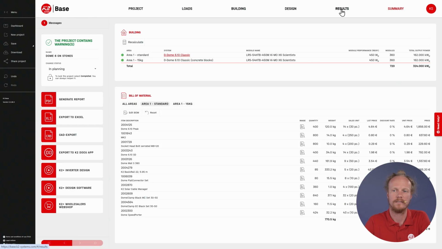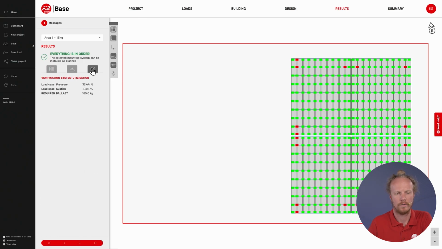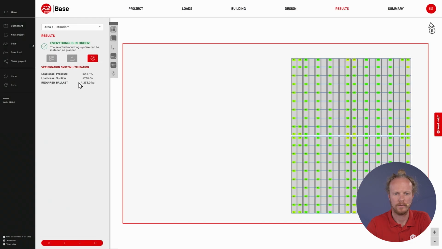The other thing to consider is the ballasting, and we can compare this on our results page. By clicking on this button here, we can see that the required ballast now is 180 kilos, and if we compare that to the original project where we had 4,000, you might think this is a massive reduction of excess